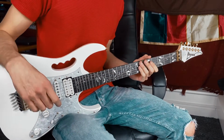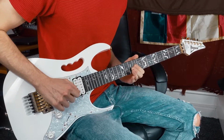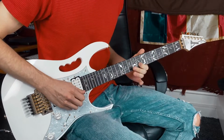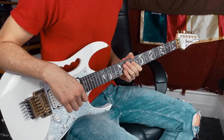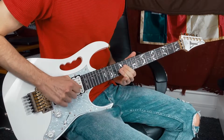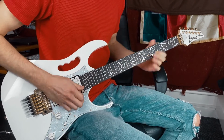And then after that we've got a trem picking section right here. And what you want to do is play it a lot better than I just did and really aggressively slide into each note. So that bit there is...